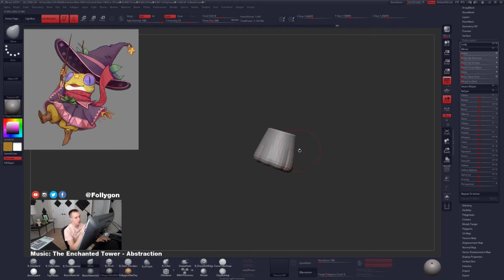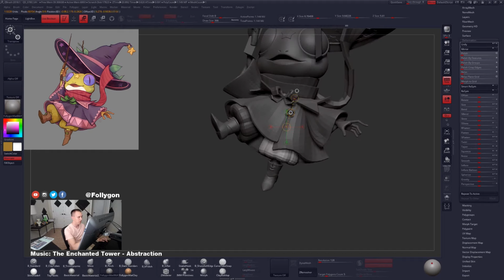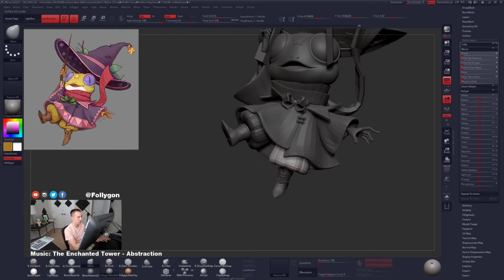Or you know what, let's do it out of T-pose, so we don't have to undo all the changes we made. Actually, I think that's fine. Just add some asymmetry, move that around a little bit. Up here,